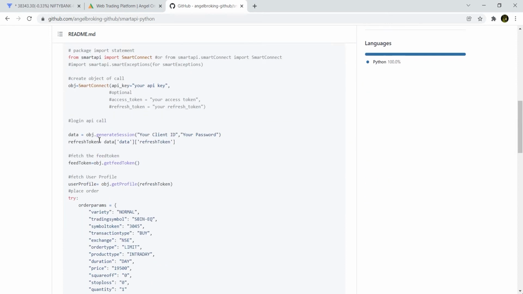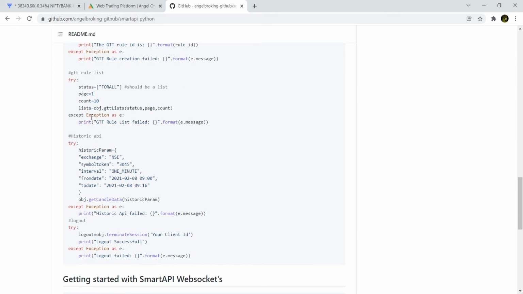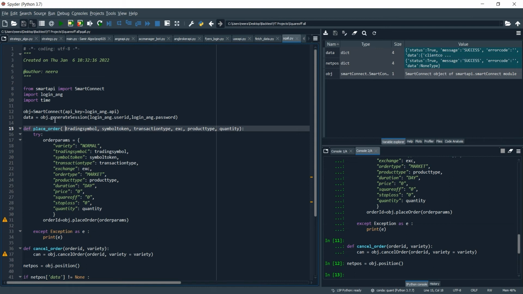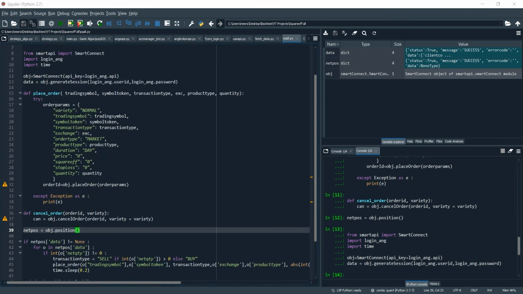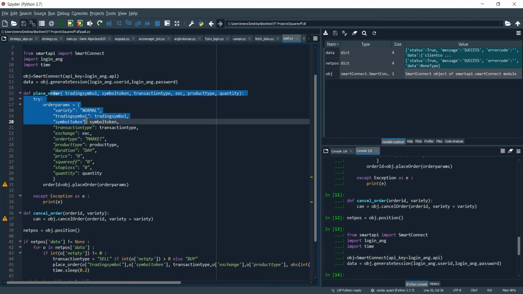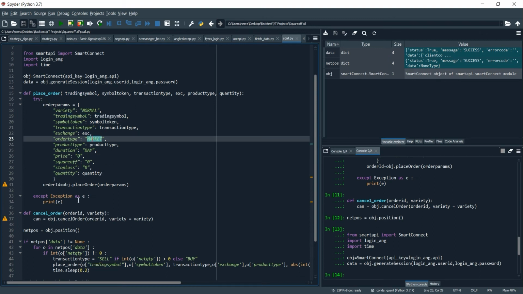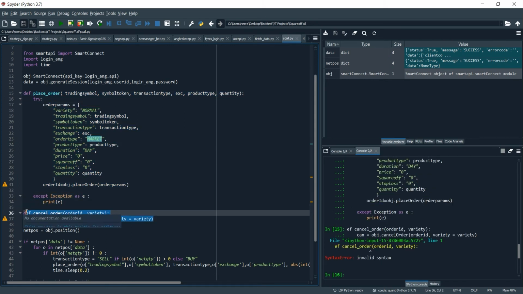So if you go to the Angel Broking API, you will be able to see how you can place orders over here and how you will be able to fetch net positions. So let's just directly go to the account. First we need to log in into our Angel Broking account. Okay, so after logging in, first we're gonna see how you can square off all open positions. So whatever we saw earlier, I've just converted it into a function to place orders, and as you can see the price is obviously 0 as we are going to place all the orders at market. So that is very clear, and we're just going to run this function, and also the cancel order function we're going to run.